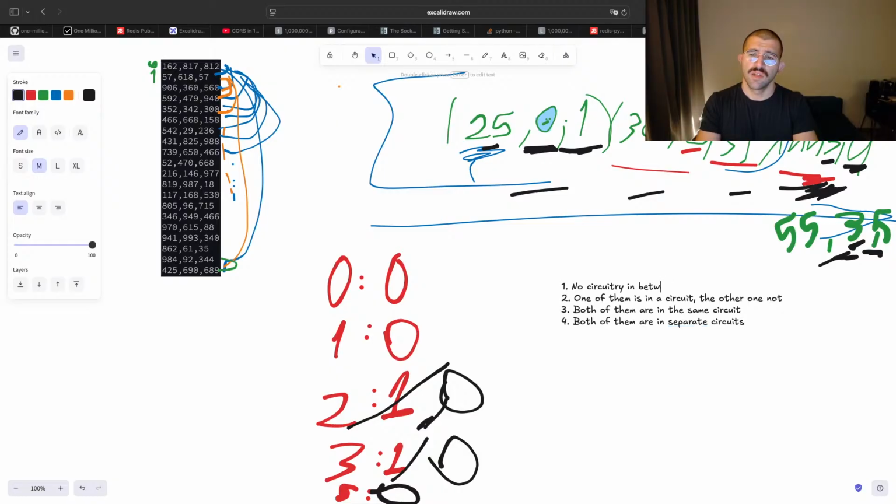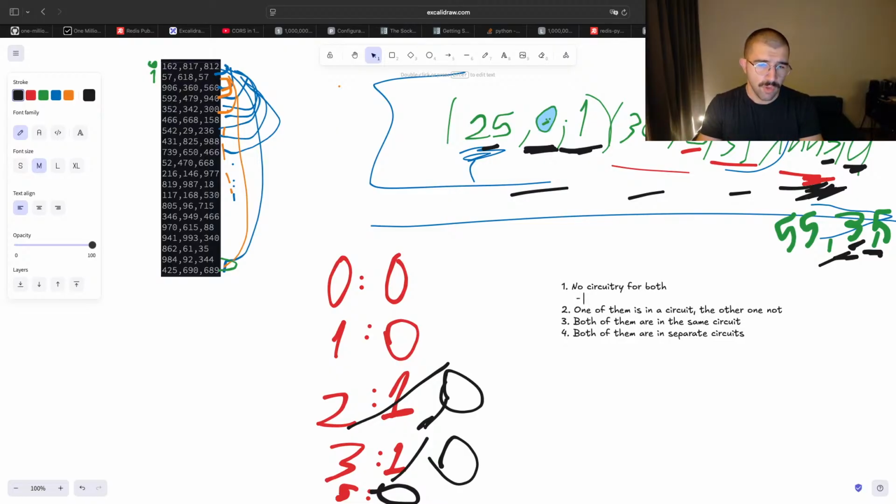No circuitry for both. Yeah, I think these are only the 4 conditions, if I'm not mistaken. Once you have this, if you don't see the circuitry for both, you're going to check the